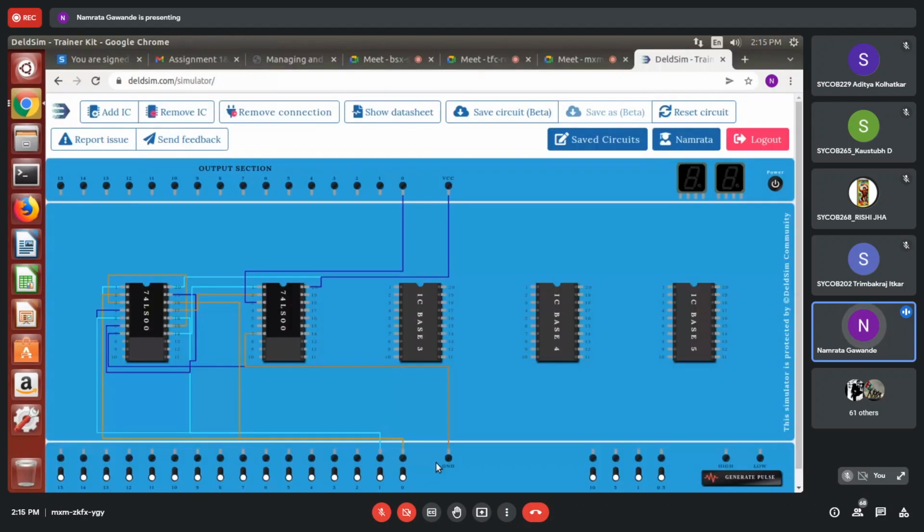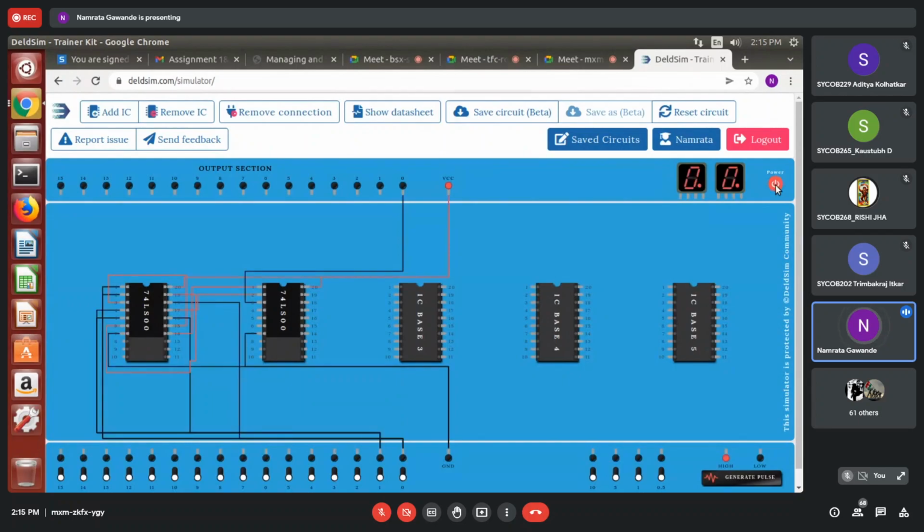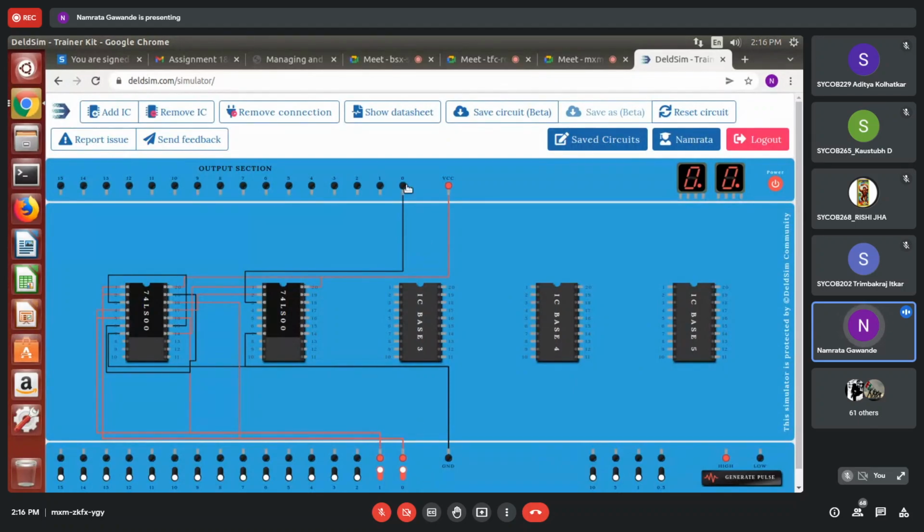Fine. So based on that, now we want to calculate the sum for the half adder. I will switch on the circuit now and check the connection. See, 0, 0, the output is 0. This is the output, right? These two are the inputs. I'm considering this is A, this is B. 0, 0, the output is 0. 0, 1, the output is 1, right? Then 1 and 0, the output is 1. And if both are 1, then the output sum I'm getting is 0, right?